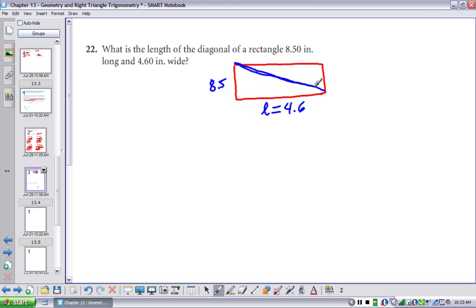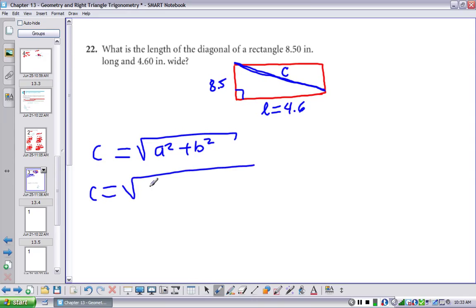By property of a rectangle, this is a 90 degree angle, a right angle. This is our C, or our hypotenuse. So C is the square root of A squared plus B squared, where A and B are the legs. So we have 8.5 squared plus